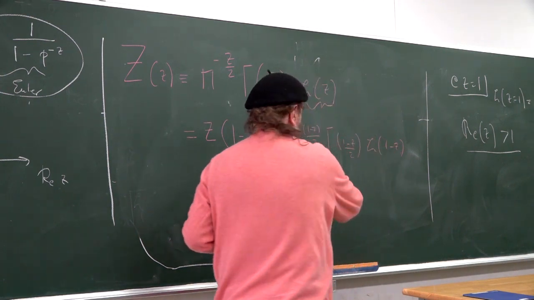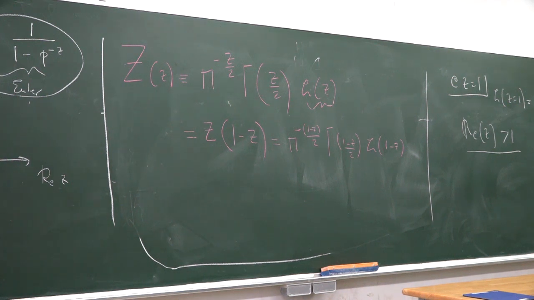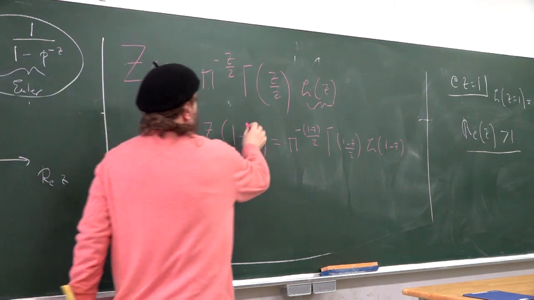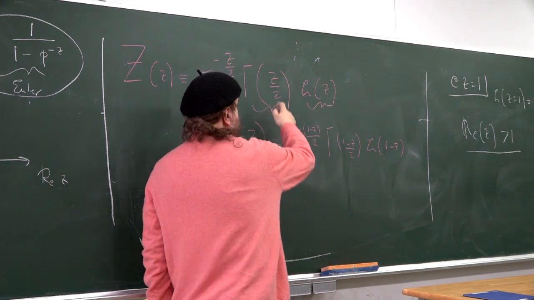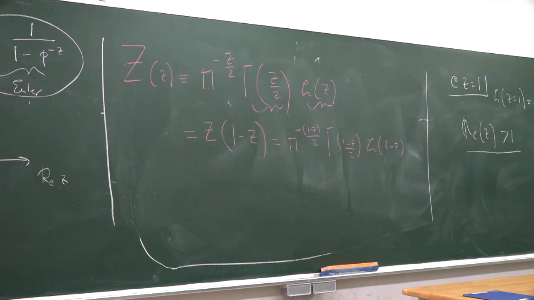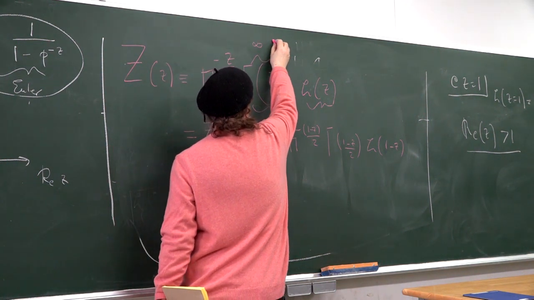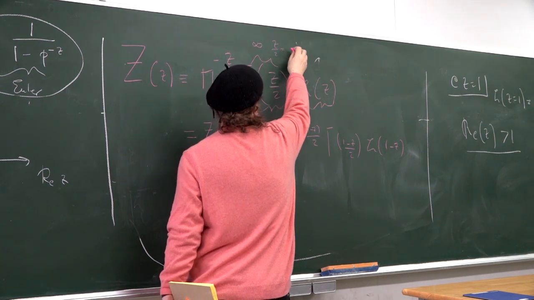So this formula allows you to perform the analytic continuation from this region to the reflected part. So you can go from this region using this formula. Notice that we all remember that the gamma function has a pole when z over 2 equals a negative integer. So when z divided by 2 is a negative integer, there is a pole here. So if this is infinity, when z over 2 is a negative integer,